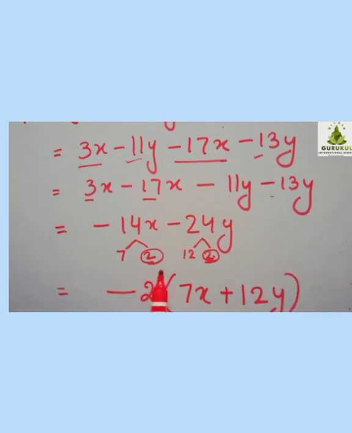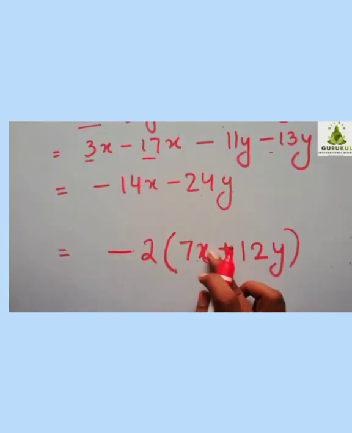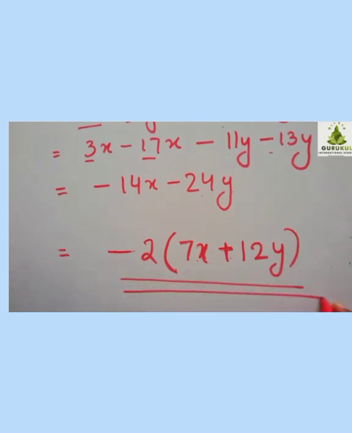How to take the common factor outside? This is 2 common here. So I took that outside, and the minus sign I took outside. So minus 2 is common. That is outside the bracket. What remains after taking out, that you have to write in the brackets. Now here what remains? Minus 2 came outside, so 7 is remaining and x is remaining. That I wrote inside the bracket. Here also minus 2 came outside, so it will be plus here. And what remains? 12y. Is this clear to you? That split up I showed for your understanding only. Once you got that split up, you can do that in rough work, and this will be the final answer.